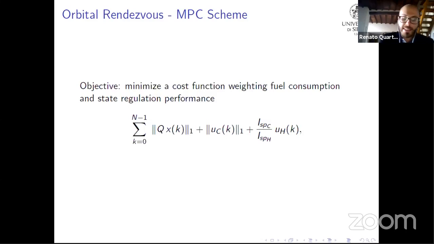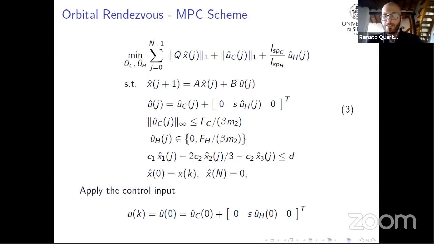Now, since the control problem imposes several constraints and it is aimed at reaching some important points while minimizing the fuel consumption, the most suitable control approach may be model predictive control, where the cost function to be minimized weights a state regulation performance term through the matrix Q and the fuel consumption. Notice that the ratio of the two specific inputs that weights the head command is much lower than 1. So merging all these constraints that I mentioned before, we get into the MPC formulation that you can see in the slide,